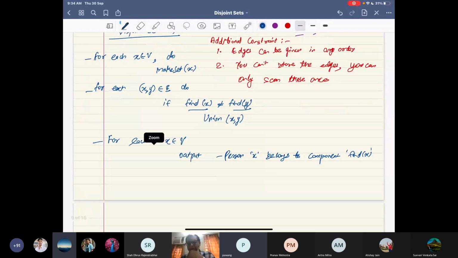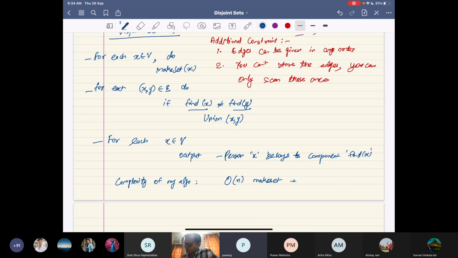Yes, sir, it is clear, because I have not talked about implementation, but I just want to think in terms of ADT. I can do my algorithm in terms of these operations: make set, find, union, find. These operations are sufficient for my algorithm, right? Now, how many make sets do I need? What will be the complexity of my algorithm in terms of the complexity of these operations? I need order n make sets